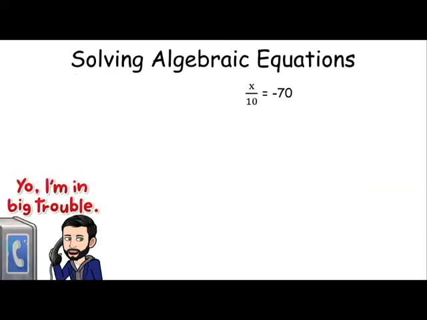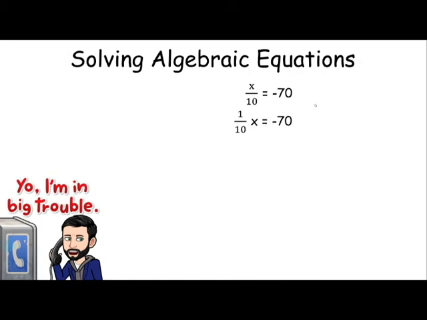Here's another one for you. X divided by 10 equals negative 70. Now you'll notice down here my Bitmoji just says, yo, I'm in big trouble. This one tends to be one that people struggle with quite a bit because this division writing throws them off somewhat. My suggestion to you is you may find it easier, instead of writing divided by 10, to rewrite this as times 1/10. Remember, dividing is the same as multiplying by the reciprocal, so this would be 1/10 of x